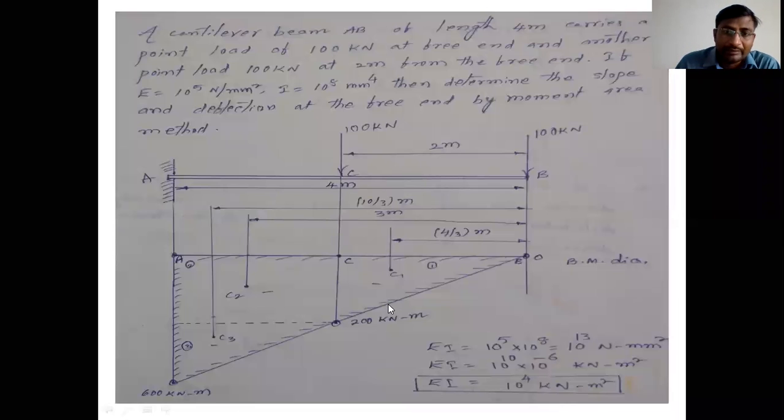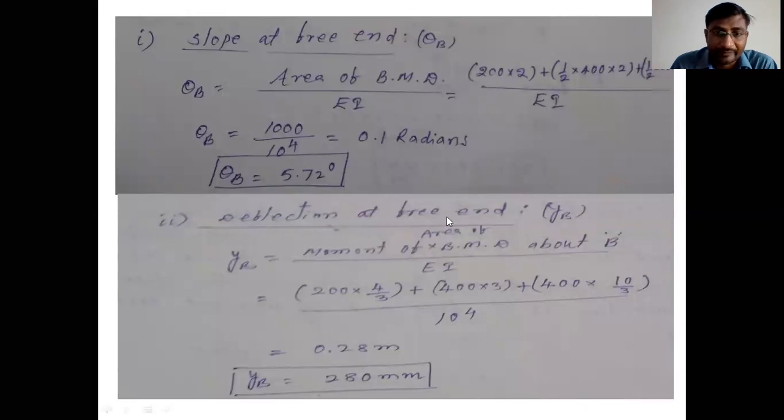Let us take this bending moment diagram. If it is a single area, then we will take the area and X bar separately. But if the diagram is a combination of multiple areas, 2 triangles and 1 rectangle, then we will take the A X bar combinedly. A X bar means A1x1 plus A2x2 plus A3x3. That is the A X bar.